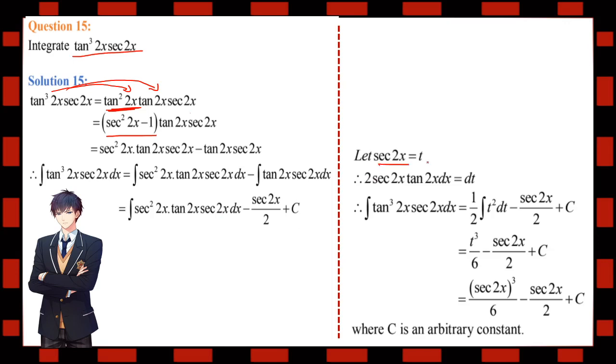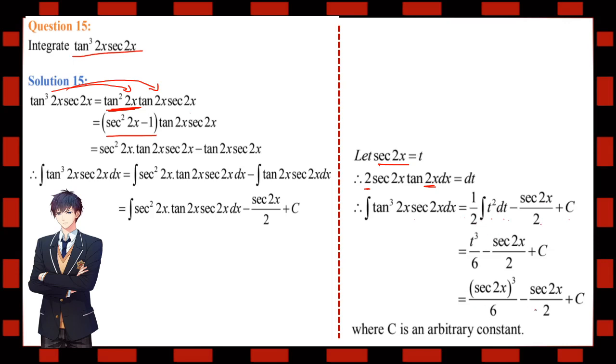Sec 2x is t. What is the derivative of sec theta? That is sec theta tan theta. It means sec 2x tan 2x, and then for 2x, what is the derivative? According to the chain rule, that is 2. dx equal to dt. Put these values in the given integral. Tan cube 2x sec 2x dx is equal to half t square dt minus sec 2x upon 2 plus c,